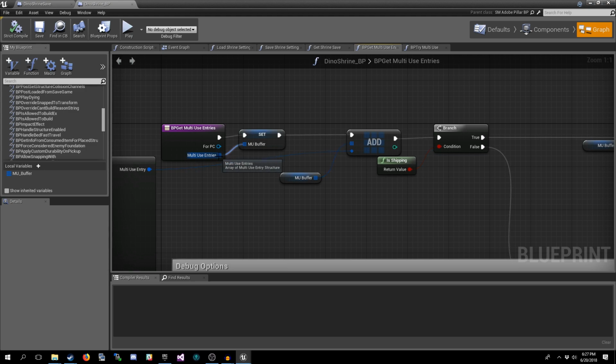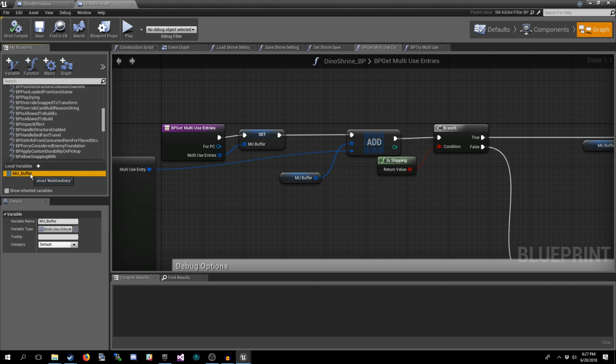This array is a copy of the one already existing. So if we make changes to this, these are probably not going to actually make it out to the one that's actually being used. So we save this to a local variable, which we create right here. Just create a new local variable, you set its type to multi-use entry, and set it as an array. Then we save this out to there.